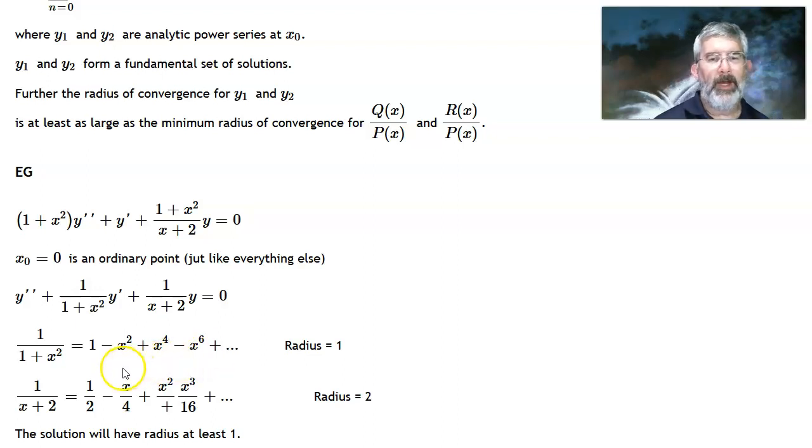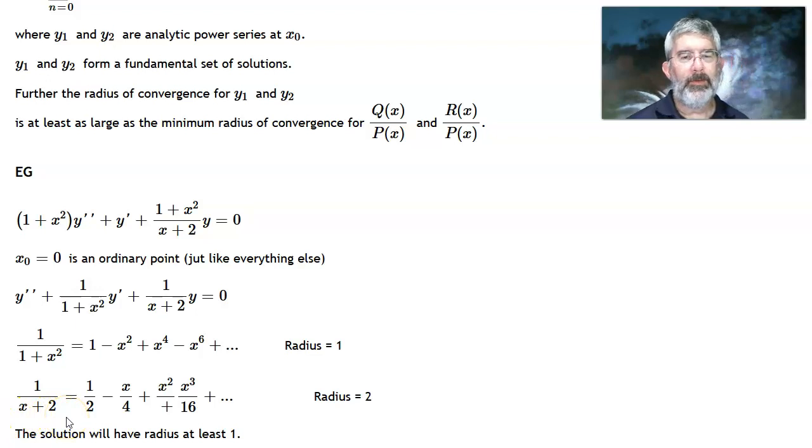And I happen to know that this would converge from minus 1 to plus 1. x squared has to be between minus 1 and plus 1, but of course if x squared is between minus 1 and plus 1, so is x. And so that's from minus 1 to plus 1, a length of 2, but the radius from the middle out to either end is 1. The radius of convergence is 1. Likewise, this one right here, 1 over x plus 2, is also a